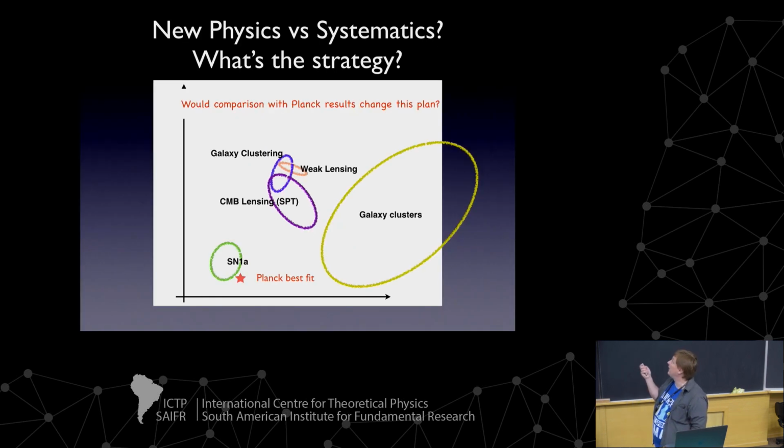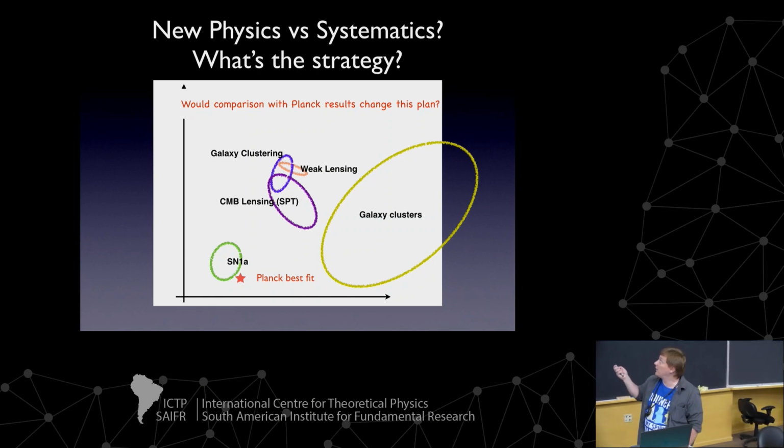And we discussed this at length, which is the main question being posed to the community today as well. Namely, if you find discrepancies amongst different probes, what is the underlying problem? What is the underlying mechanism? Is it new physics? Have you actually discovered new physics? Or are you just not able to model the systematics precisely? Claiming new physics is controversial, so you should first check on the systematics. And I think it is important for junior people to think about what strategy you would develop in order to deal with such a scenario,